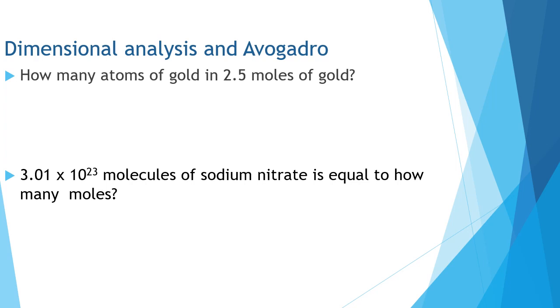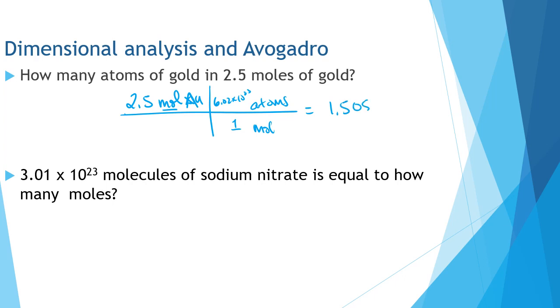So let's look at some answers. How many atoms of gold in 2.5 moles of gold? 2.5 moles of gold. We can go ahead and throw the Au, the symbol for gold, in there. I want to convert moles to atoms. I've got moles on top, put moles on the bottom, convert my moles to atoms. And I know that there are 6.02 times 10 to the 23rd atoms in 1 mole of anything. And so now, handy dandy calculator, 2.5 times 6.02 times 10 to the 23rd gives us a grand total of